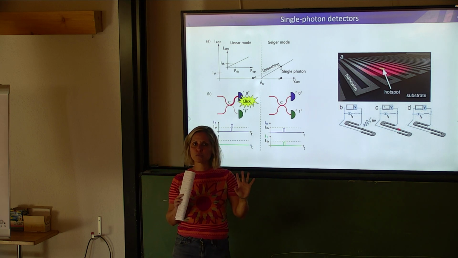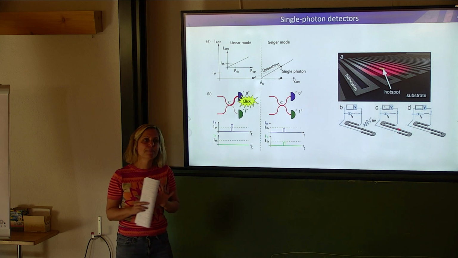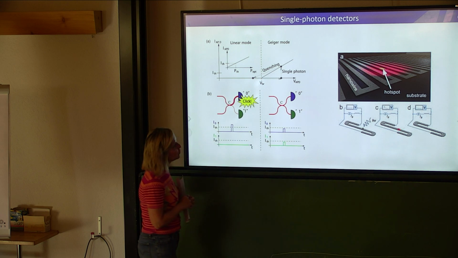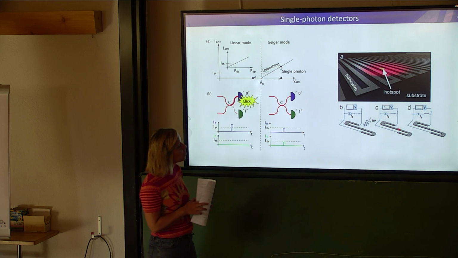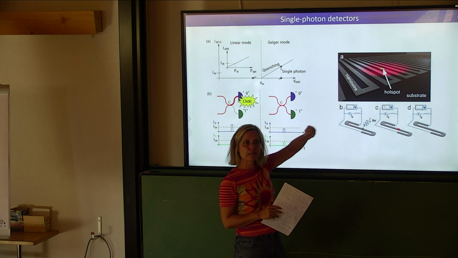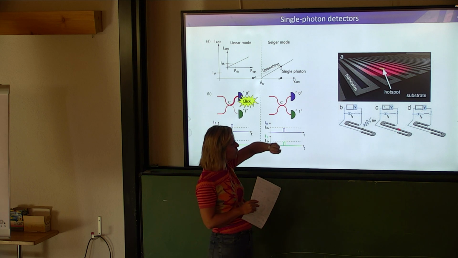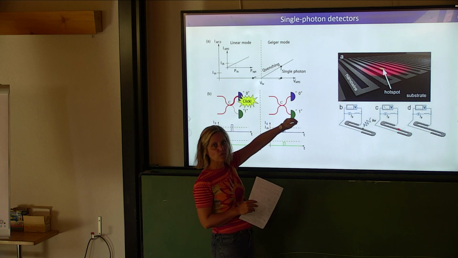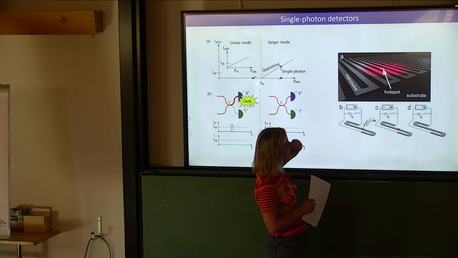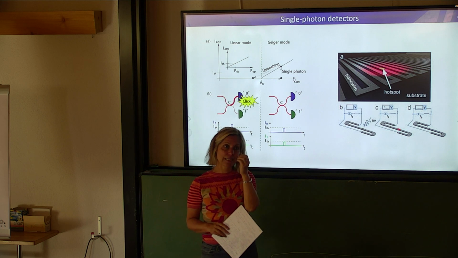They have the highest quantum efficiency and the lowest dark count. You've understood that these are the two major performance criteria for single photon detectors. How does this work? You see here a nanowire made out of a superconducting material. The material choice is actually very important. The nanowire is maybe a few nanometers in width. And what happens is that when a single photon is detected, it creates a so-called hotspot, a sort of localized thermalization,